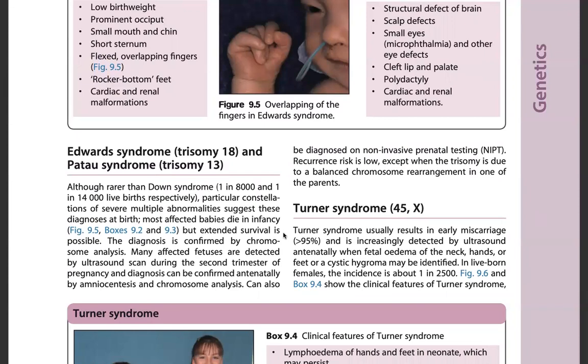Many affected fetuses are detected by ultrasound scan during the second trimester of pregnancy, and diagnosis can be confirmed antenatally by amniocentesis and chromosome analysis. It can also be diagnosed on non-invasive prenatal testing. Recurrence risk is low, except when the trisomy is due to a balanced chromosome rearrangement in one of the parents. The next one is